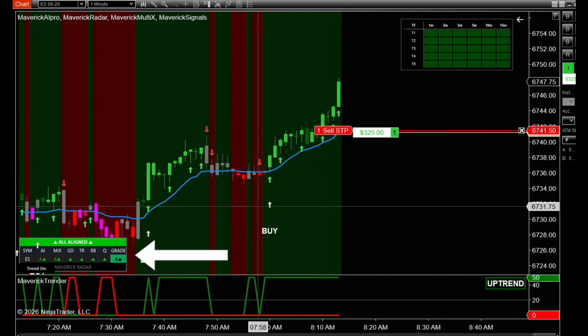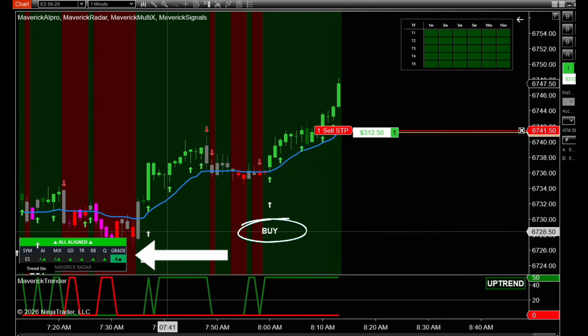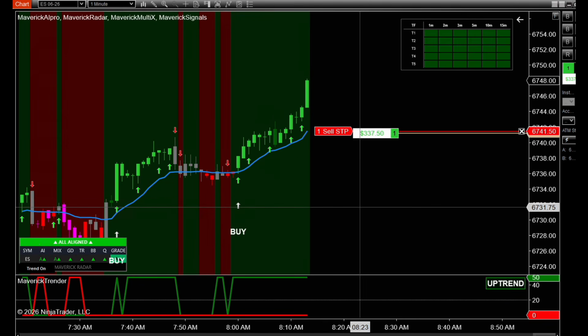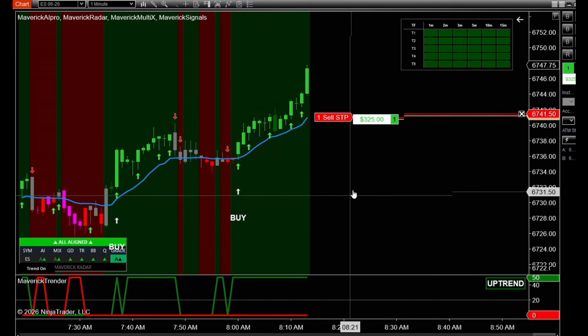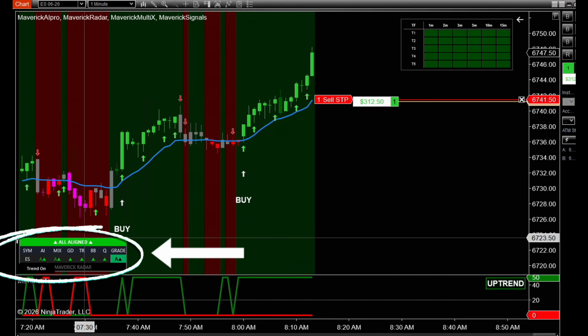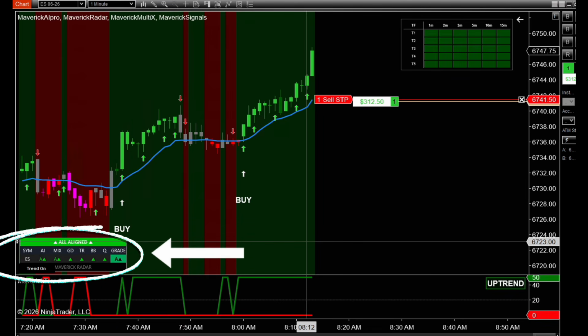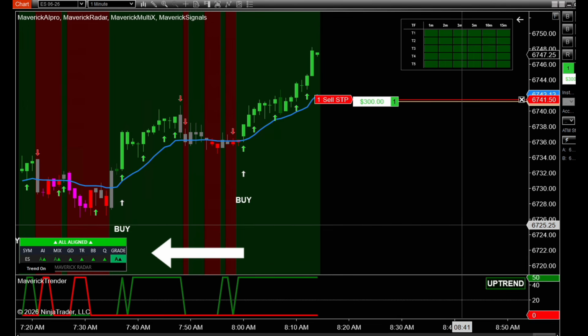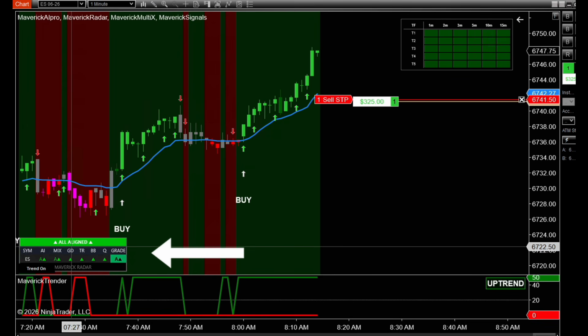Absolutely beautiful. Wish I would have gotten it back here on this buy signal, or even this buy signal, but I wasn't in front of my charts. Again, this is clear vision. All right, this is edge in the market. When you have an ultimate trading assistant, how many times have you gotten into a trade, you thought you were going to crush it, and then it just comes back, stops you out, you go back to the trade, and you say, what was I even thinking? Well, let the Maverick